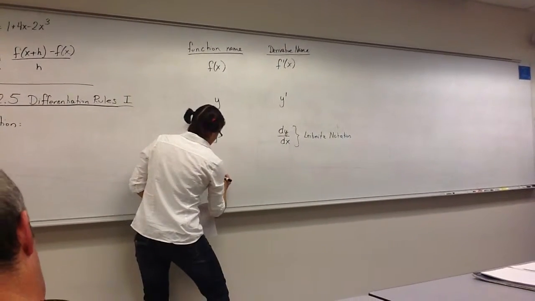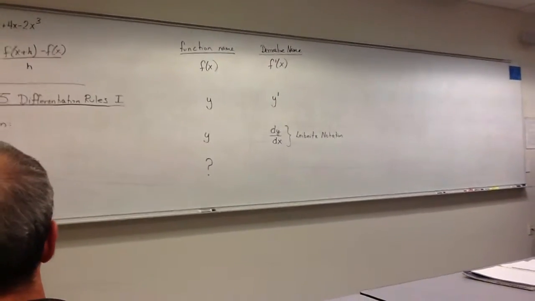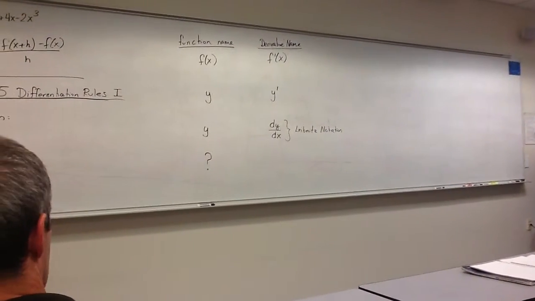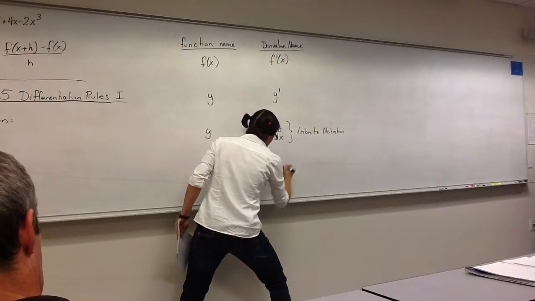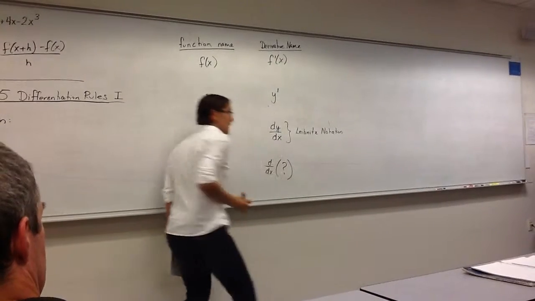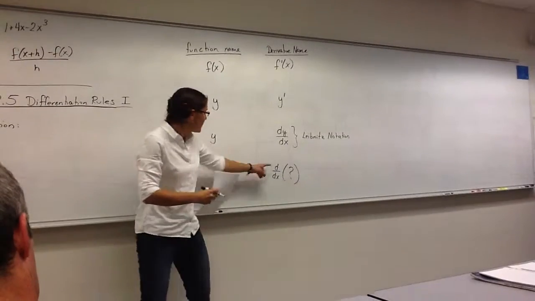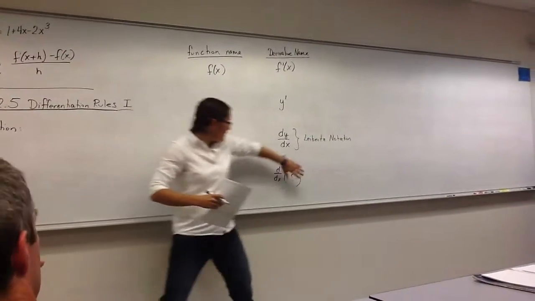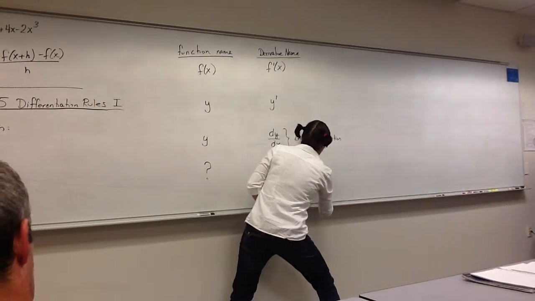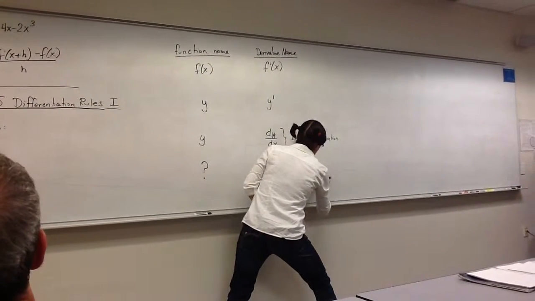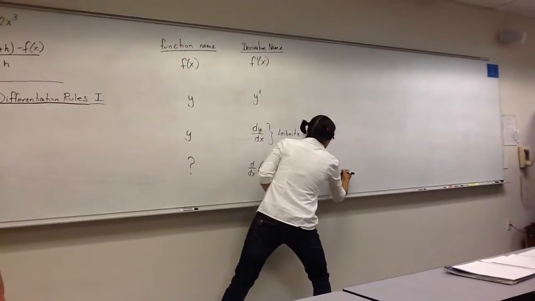And if your function has no name, it's just some formula written onto the paper, well, then what we say is we're going to take the derivative of that stuff. So when I just write a d over dx, without any parentheses behind it, d over dx means derivative of,